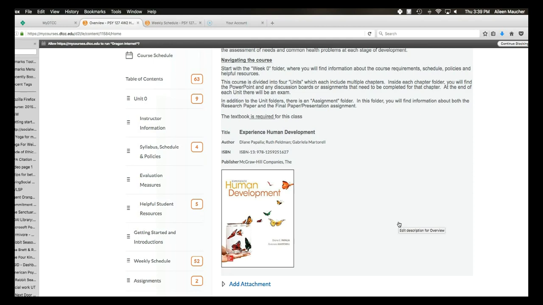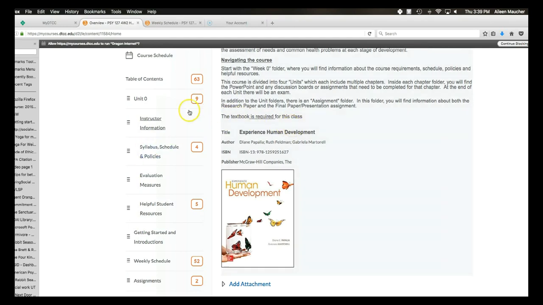System, but a textbook is required. That's available at the Del Tech bookstore, and you're welcome to get that textbook in whatever way works best for you. You could purchase or rent an ebook if you like looking at things on a tablet, smartphone, or computer, or if you like to feel the pages in your hands, you can purchase or rent a hard copy, old-fashioned edition of this human development textbook.